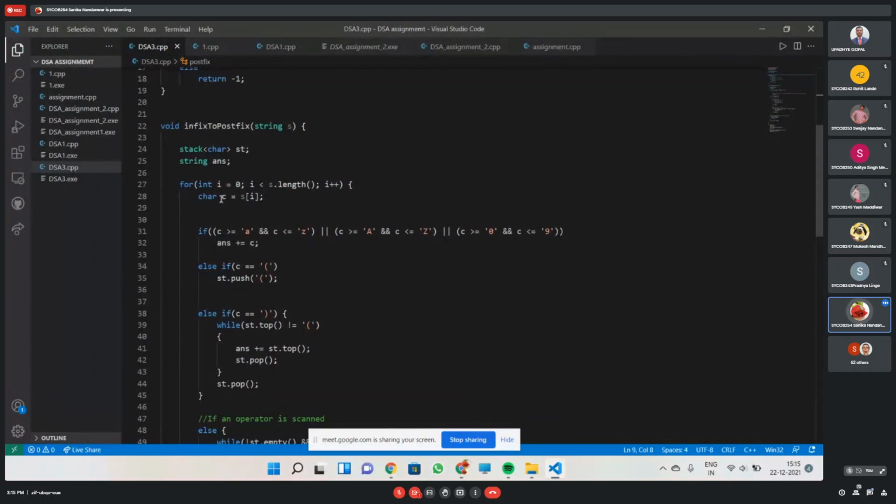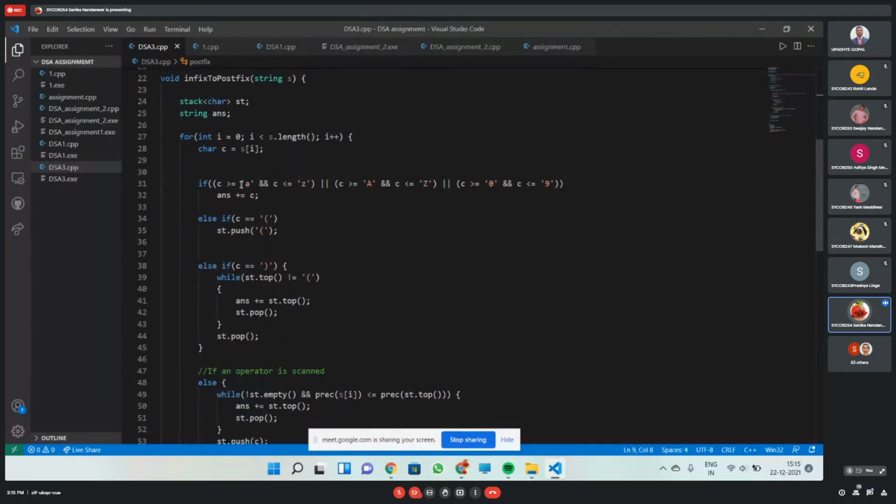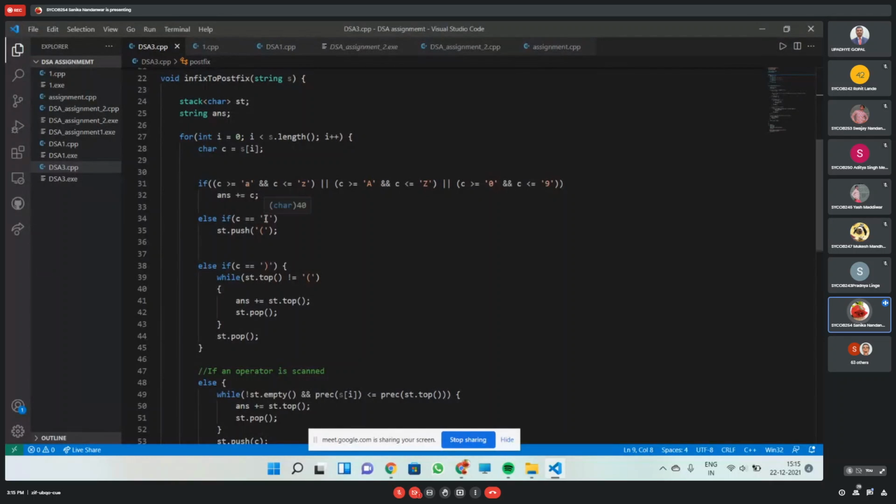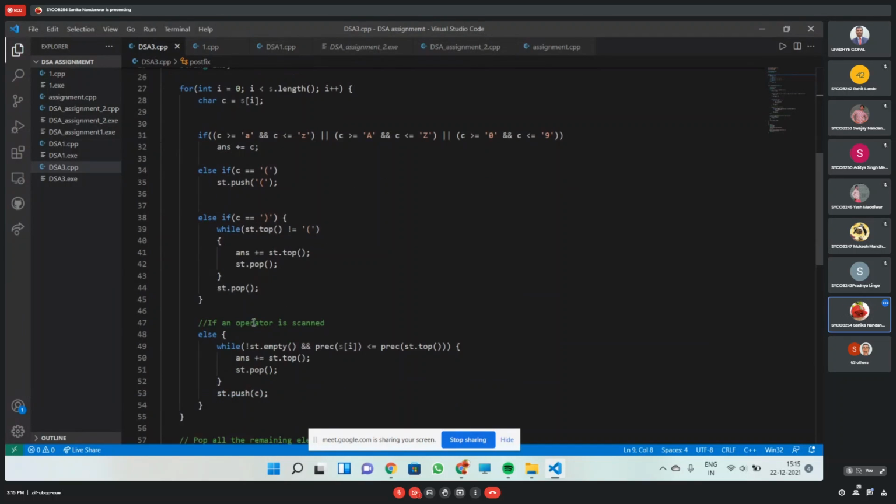Then I have pointed a character to the first element. When the elements are between small a to z, capital A to Z, or 0 to 9, then they get added to the answer. And if it is a left parenthesis, then it will be pushed in the stack. And if it is a right parenthesis, then it will pop all the elements till the left parenthesis.